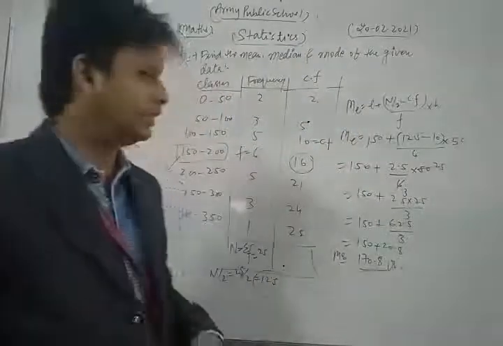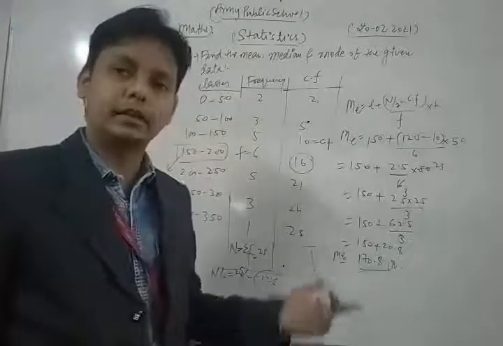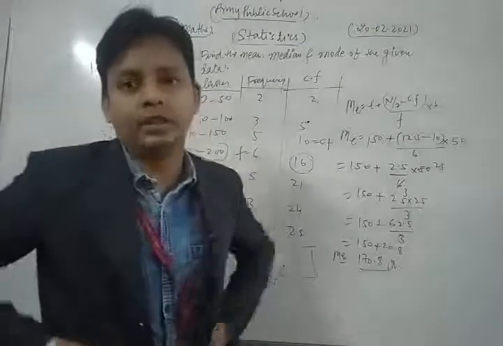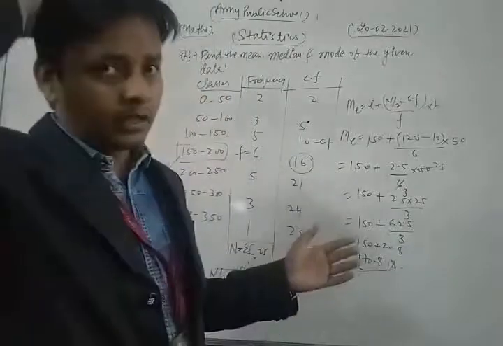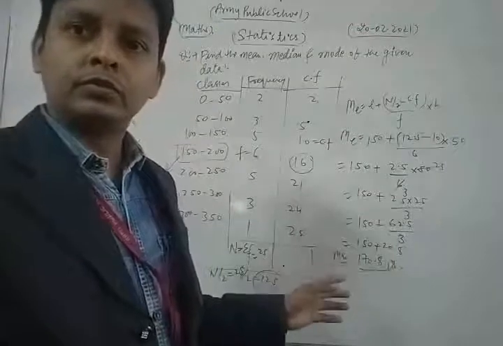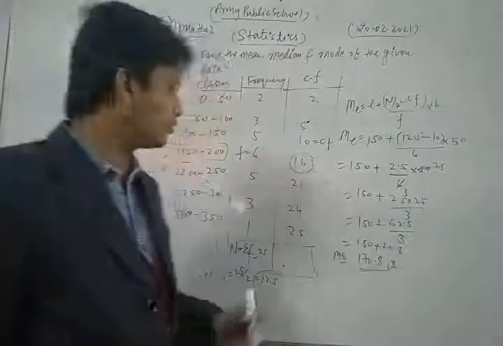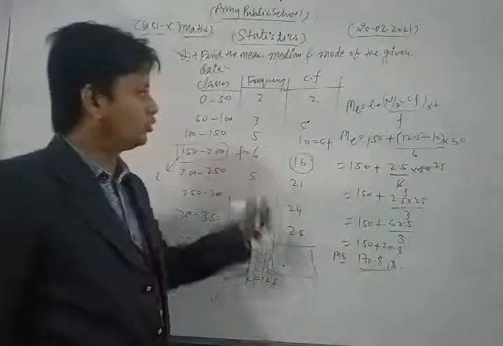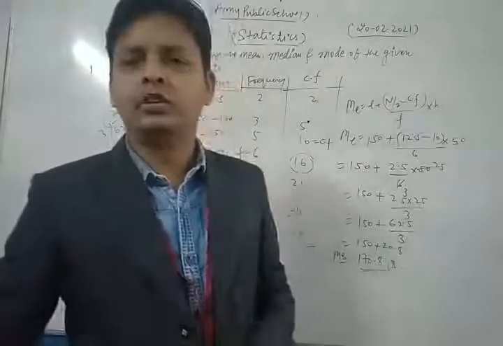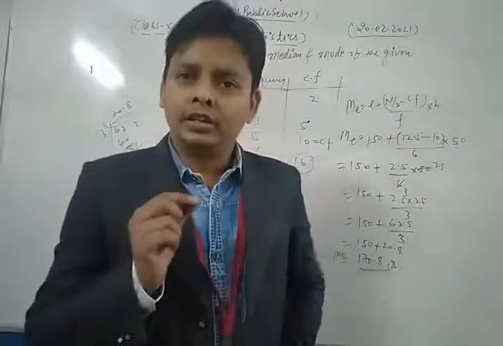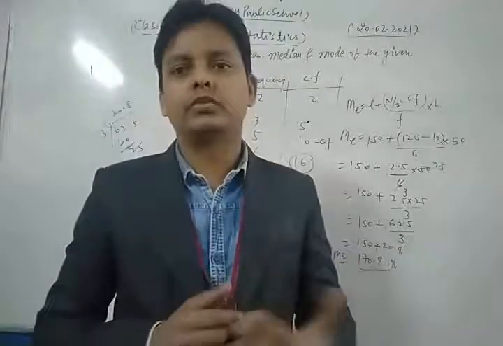Similarly, you find the mode of the given data with the help of the formula for mode, and then using the empirical formula you find the value of its mean. Thus, dear students, in this way we discuss that type of question. This is the method of finding the median. After that you find the mode of the given data, and using the empirical formula you also find the mean.